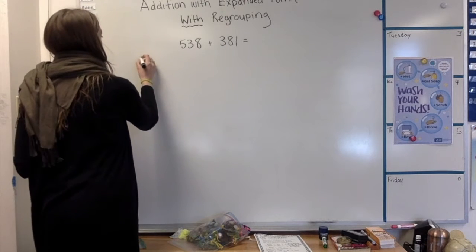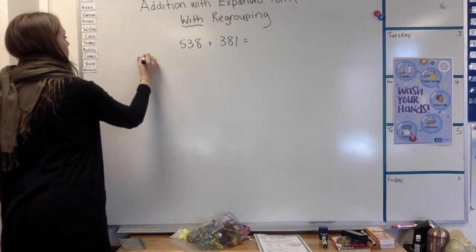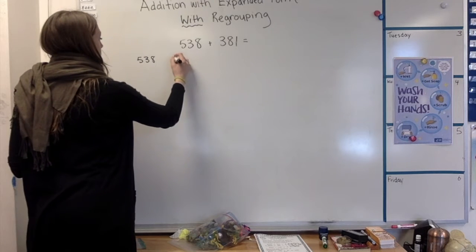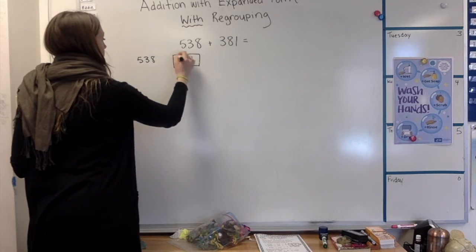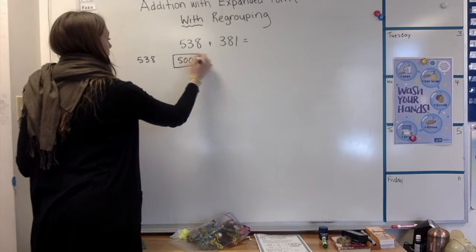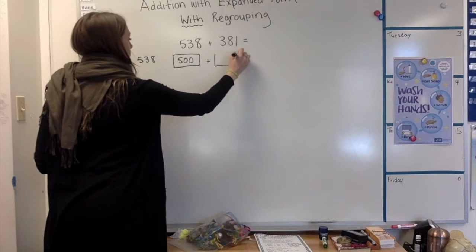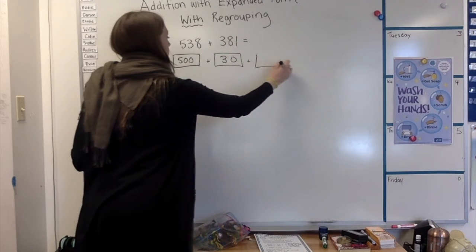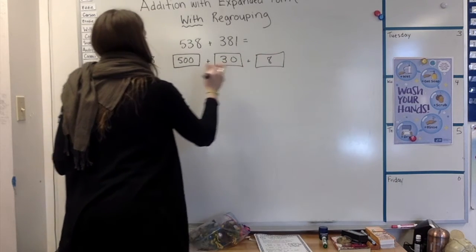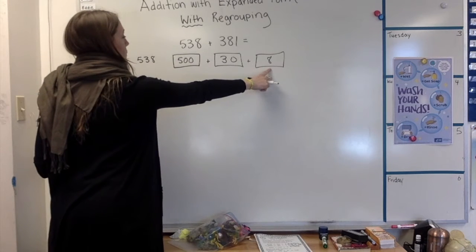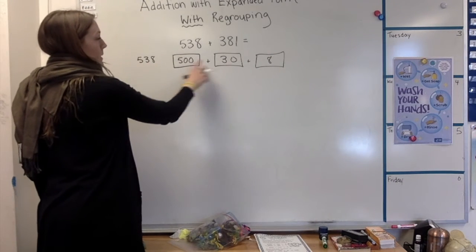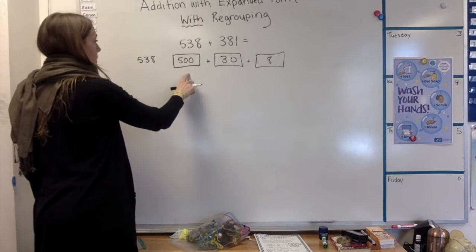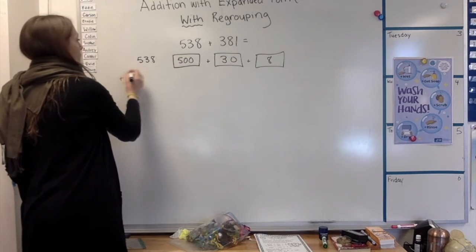So we're going to take the number 538. In expanded form, that looks like 500 plus 30 plus 8, because we have an 8 in the ones place, a 3 in the tens place means 30, and a 5 in the hundreds place means 500. All right, so we have 500 plus